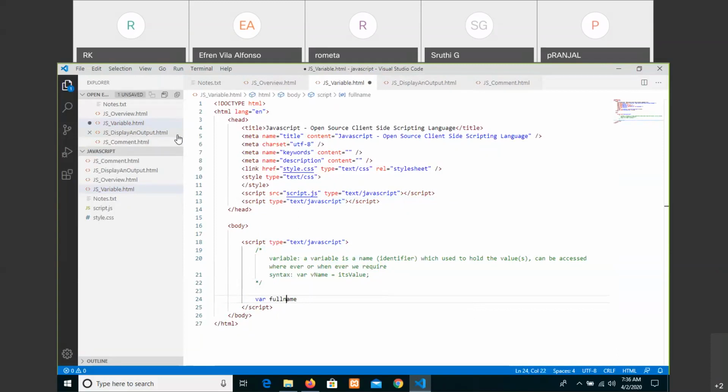That is, you are going to save the name of a person or employee or customer or product name, whatever it may be. Finally, saying that it is a full name, and that is considered a variable because it has to hold a value and that can be accessed wherever or whenever it is required. So var space fullName